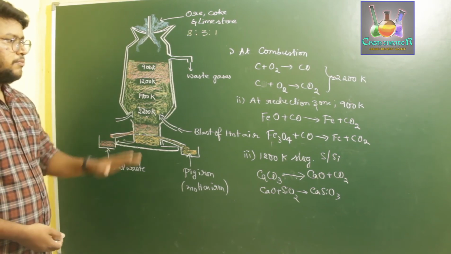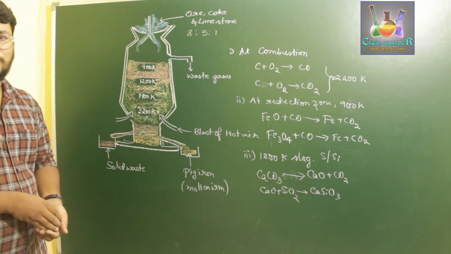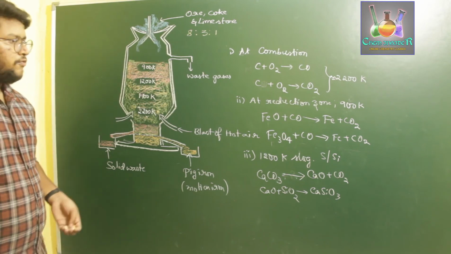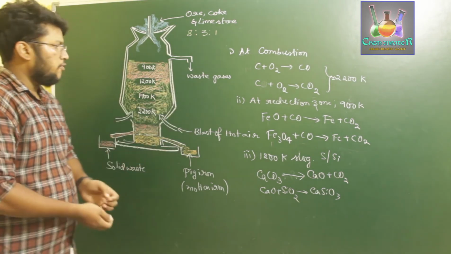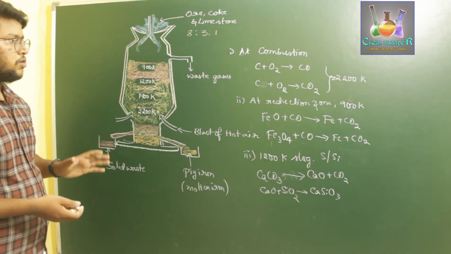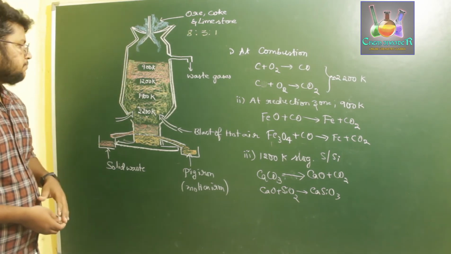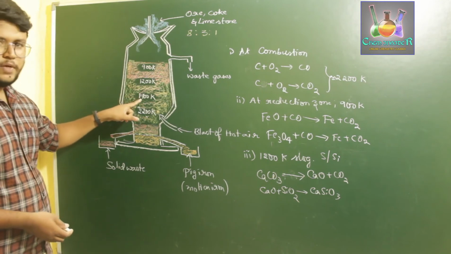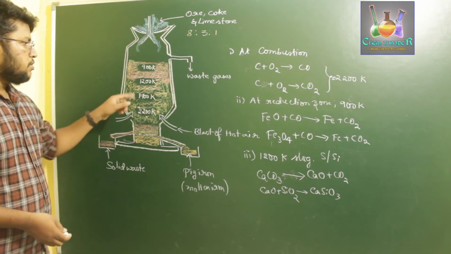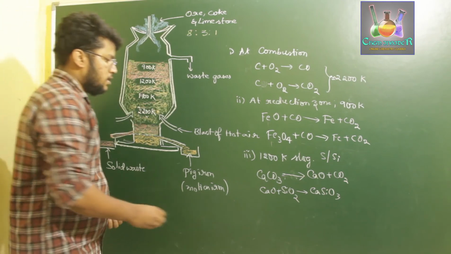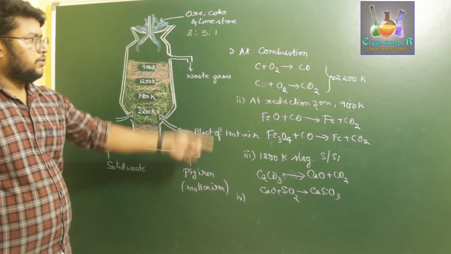Next, what we are left with is pure iron. Further, at 1700 Kelvin, if there are some ferrous oxide compounds left, those will react with our carbon. If some ferrous oxide components are not reduced at 900 or 1200 Kelvin, once they reach the range of 1700 Kelvin, we have an excess of carbon formed at 2200 Kelvin. At that particular time, we observe the fourth reaction. So I'm going to write down these reactions.